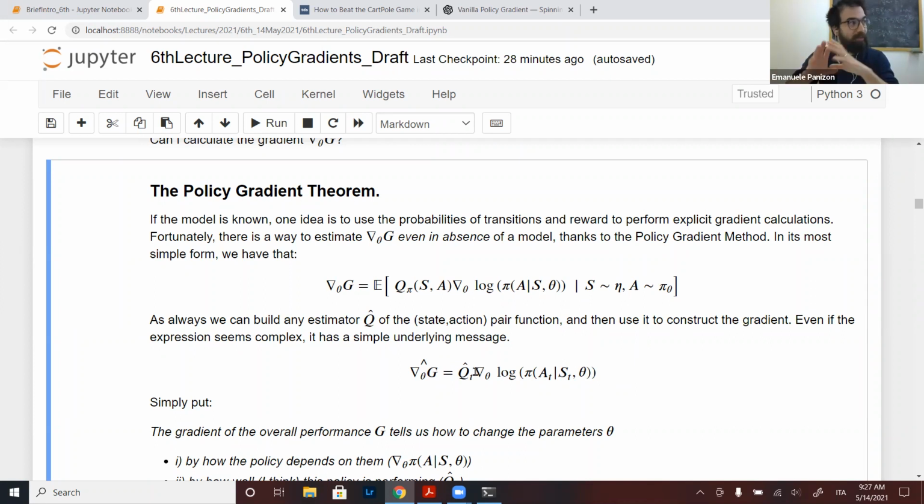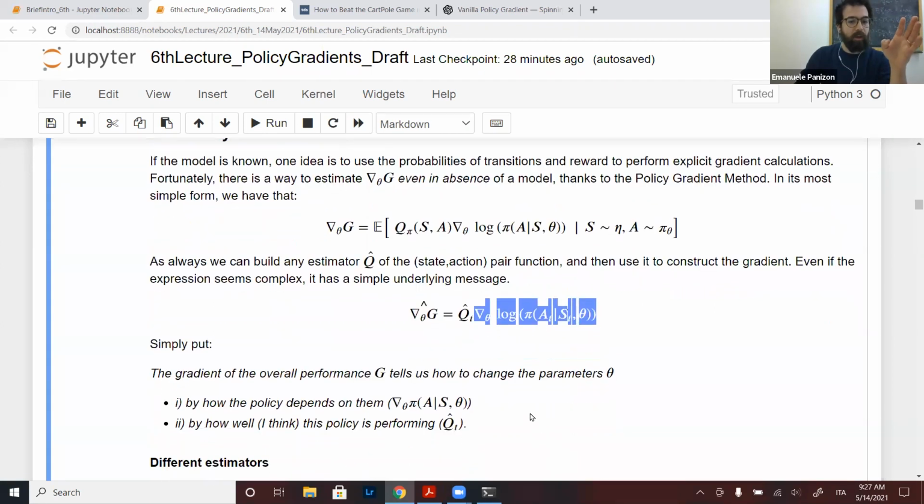So in a very, very naive sense, this term says that the gradient is given by how to change the policy depending on the theta. This is the second term. And then when I found out the policy change about the theta, should I go in one direction? Should I go in the other direction? Should I increase the probability? Should I decrease the probability? This is given in a broad sense by the first term, which says this was a good move,